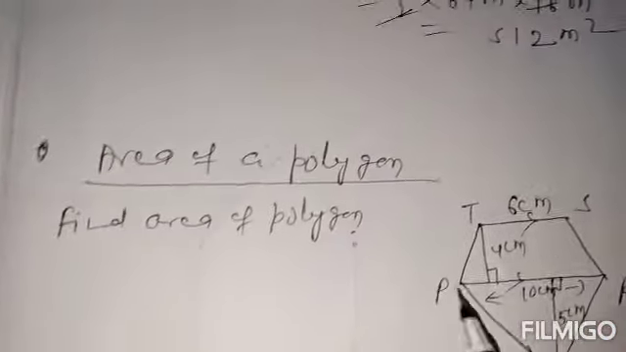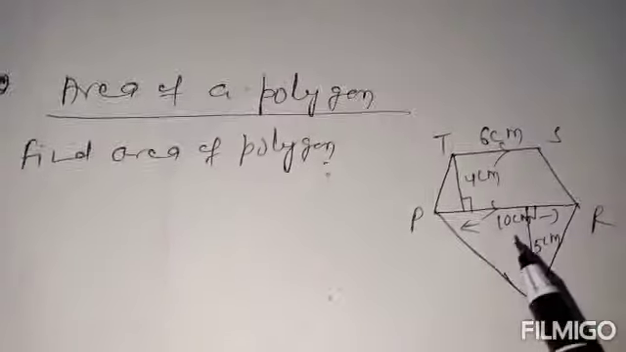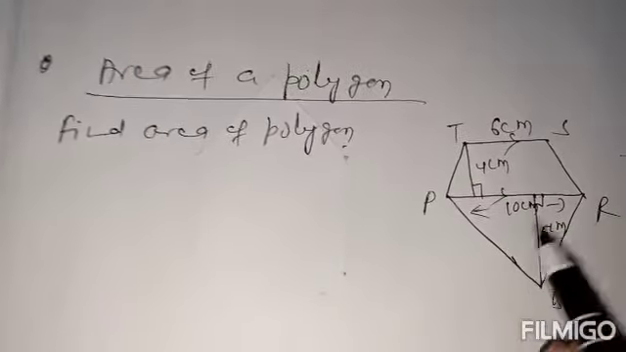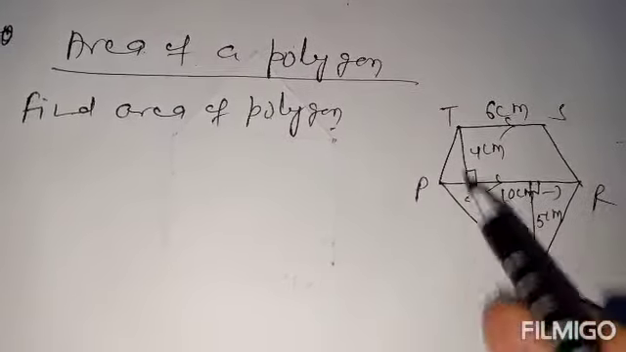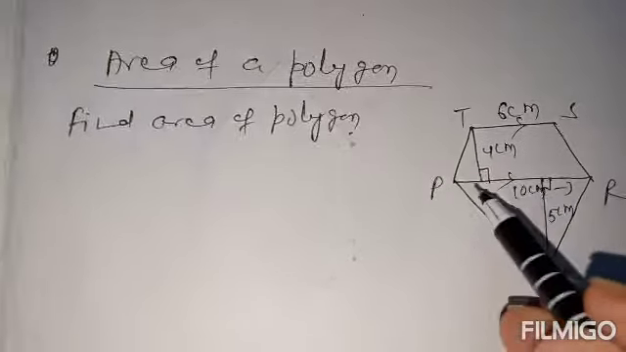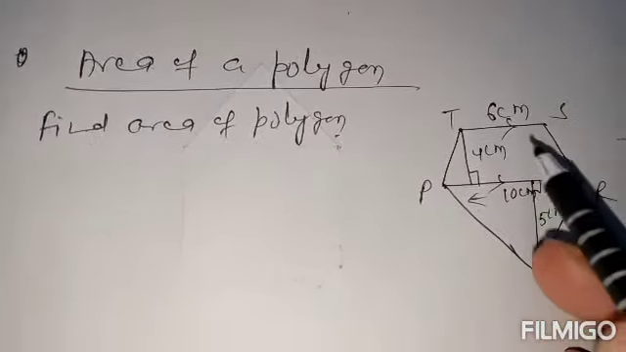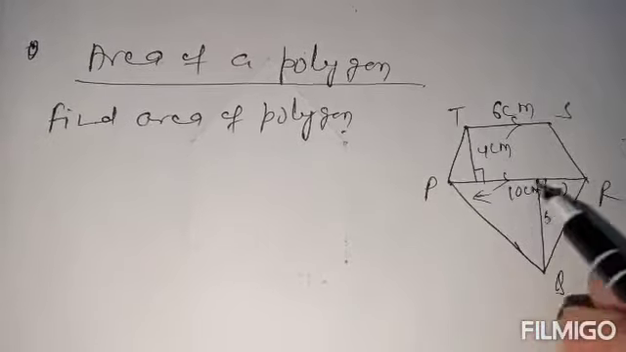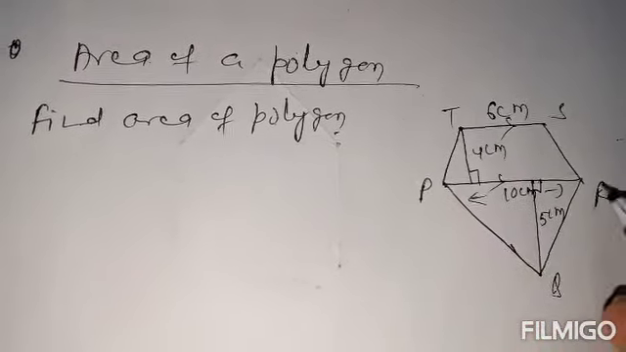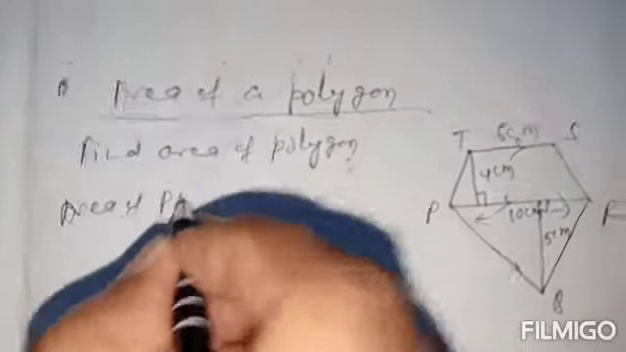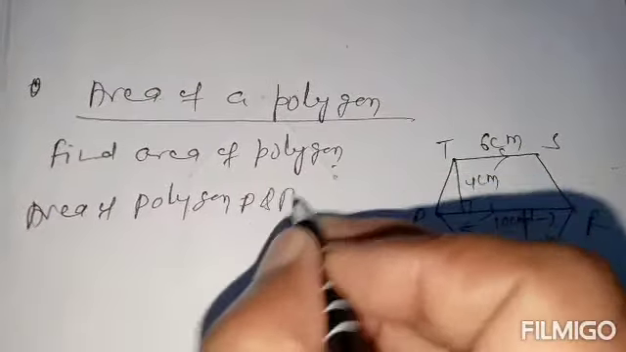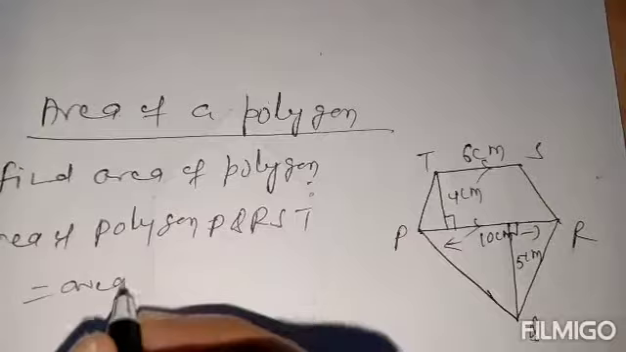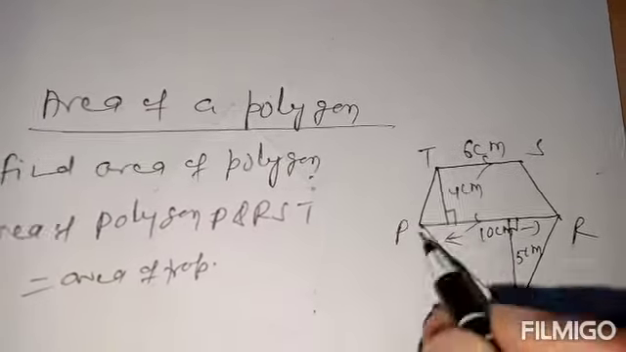Now we have to know the area of a polygon. A polygon means it is bounded by 3 or more line segments. So here PQRST is a polygon, and here it is divided into two parts. One part PRST is a trapezium and PQR is a triangle. So the area of polygon PQRST is equal to the area of trapezium PRST